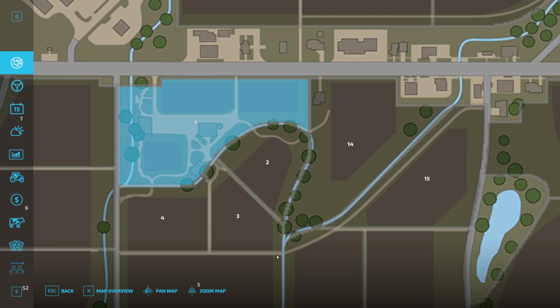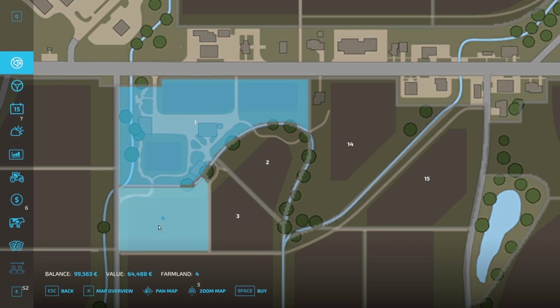and in this view we can see the property lots, and we own this blue stuff. This is one big property for all the three small fields and the farm, and then we can just click on number 4 and it costs 64,000